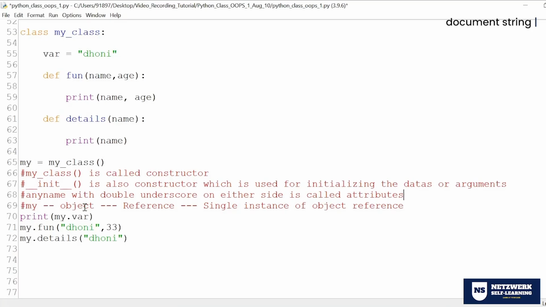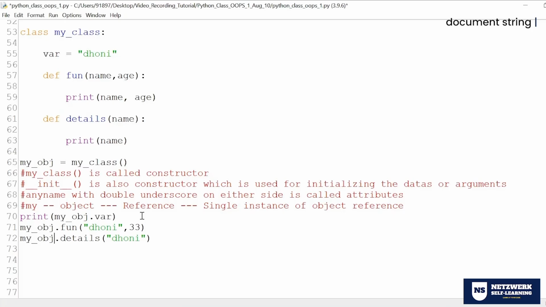So whenever you form a constructor, you get an object reference, which I named my here, or you can keep it as my object for better understanding. So my object is the reference for the class, right? Here it is not only a normal reference like you had in the unbounded. It is a single instance of memory. So hereafter, even if you call 200, 300 times, it will run on a single memory only. It won't create multiple memories.